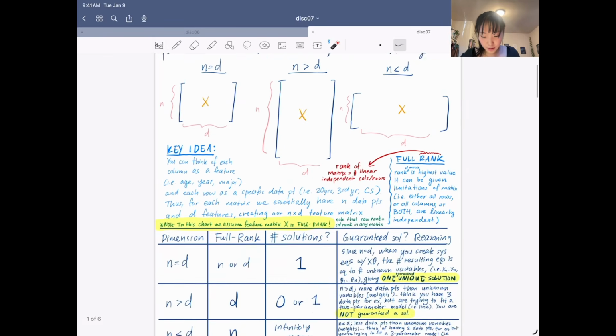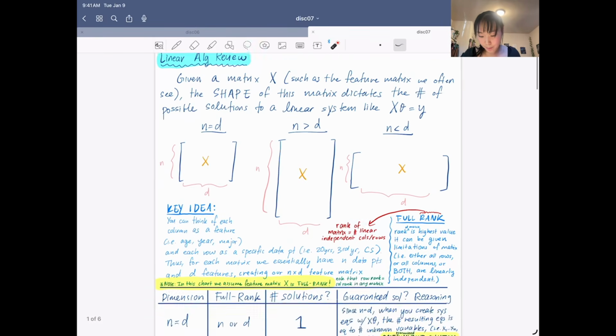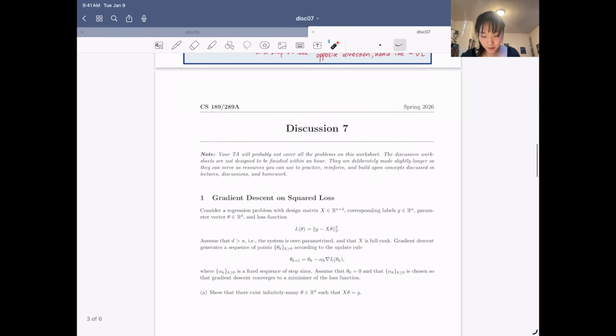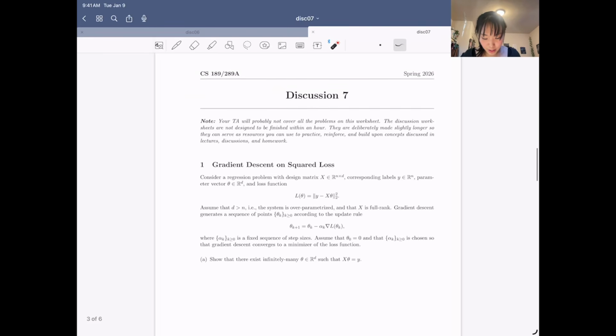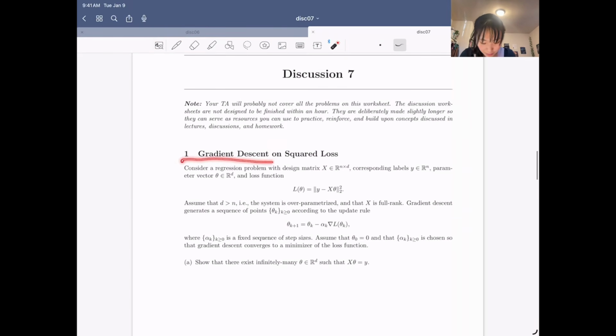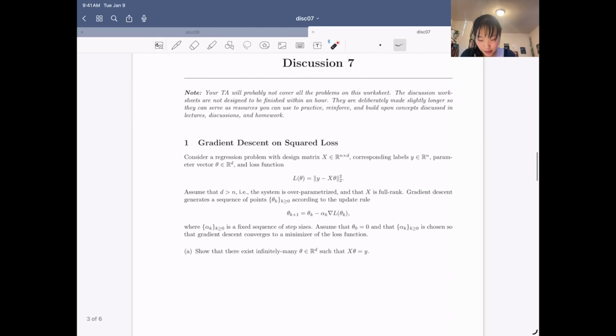Okay, and so this was all kind of review and context for question 1. Now let's actually dive into discussion 7, problem 1. This problem is called gradient descent on squared loss, and it says, consider a regression problem with design matrix